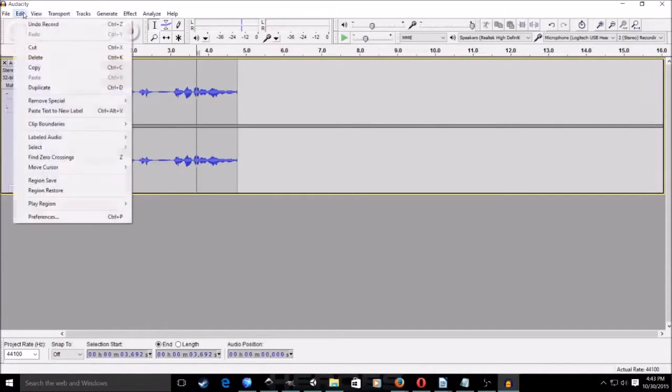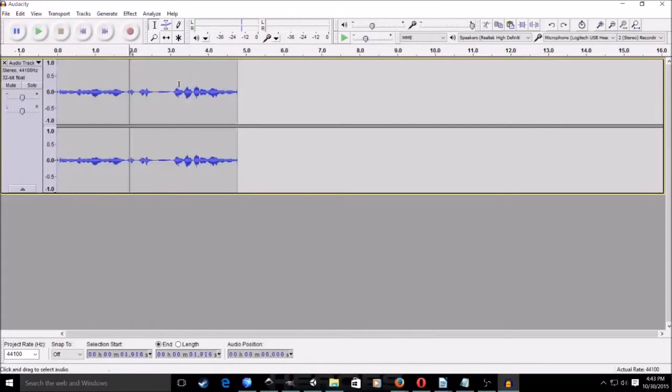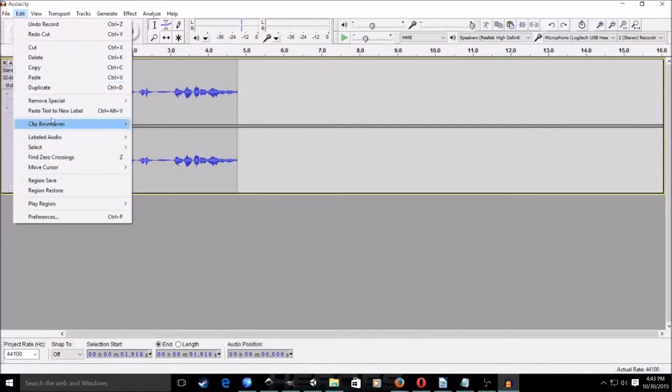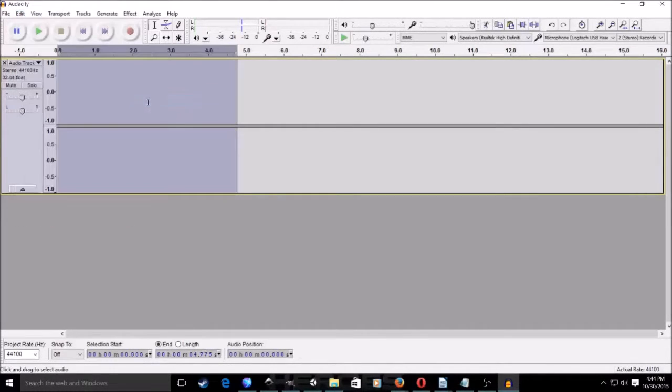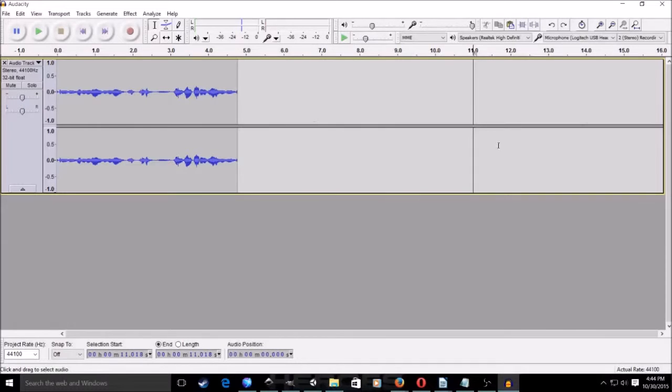Edit, cut, edit, undo, remove special, split cut. No, it's not working right, whatever. But anyway, there's tons of things you could do, and it's awesome for audio editing, shaping, moving stuff. Make it louder, quieter, whatever. Good stuff.